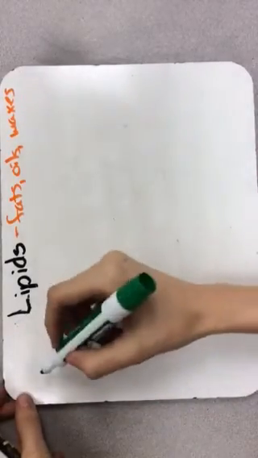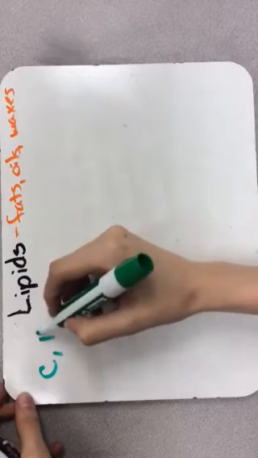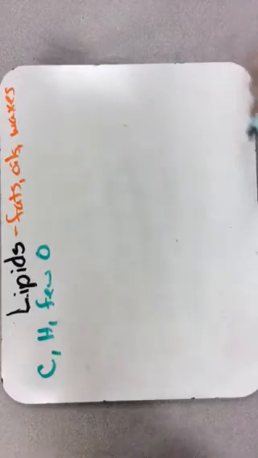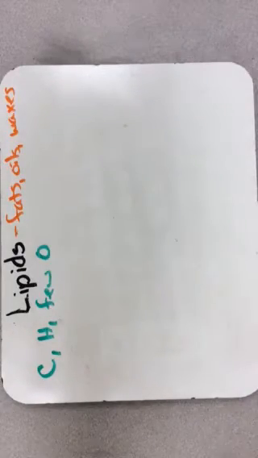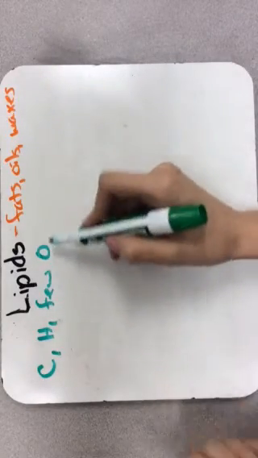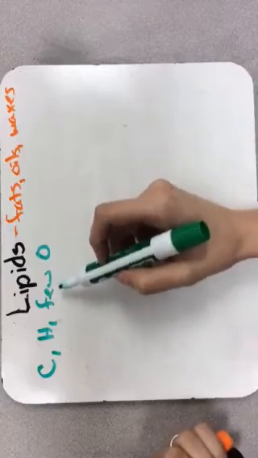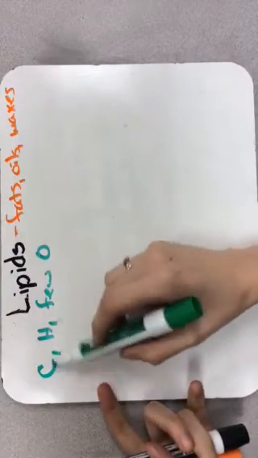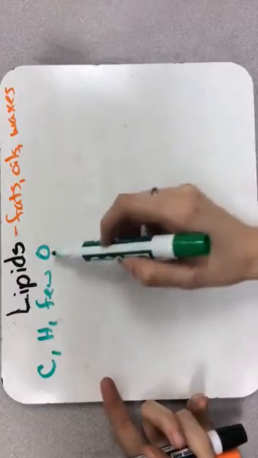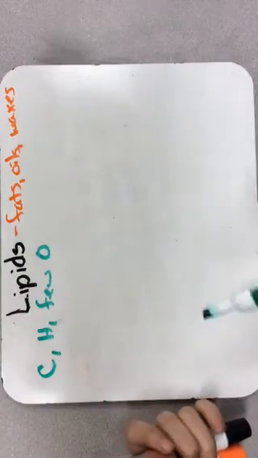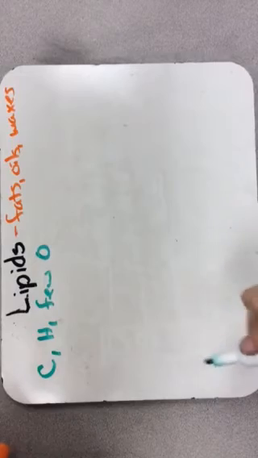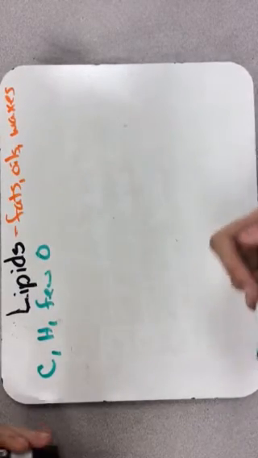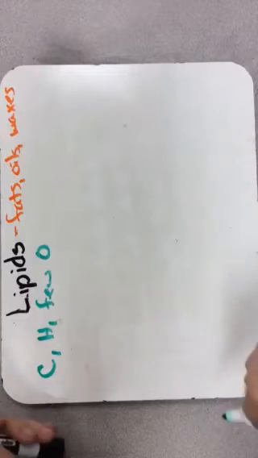You need to know that lipids consist of carbon, hydrogen, and very few oxygens. This is a major difference between carbohydrates and lipids, is this few oxygens. Remember, carbohydrates have just as many oxygens as carbons, but lipids have very, very few oxygens. Okay. Lipids are also not considered polymers because they are not made up of repeating monomers, although they do have